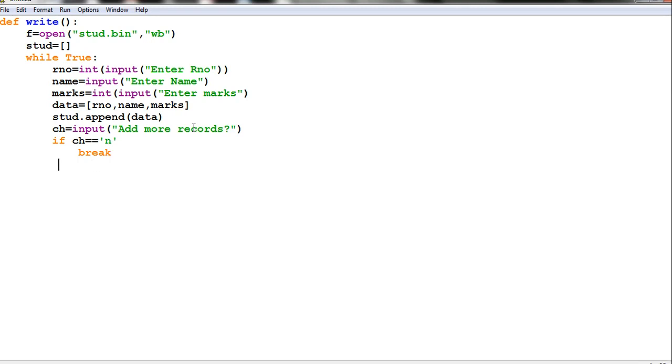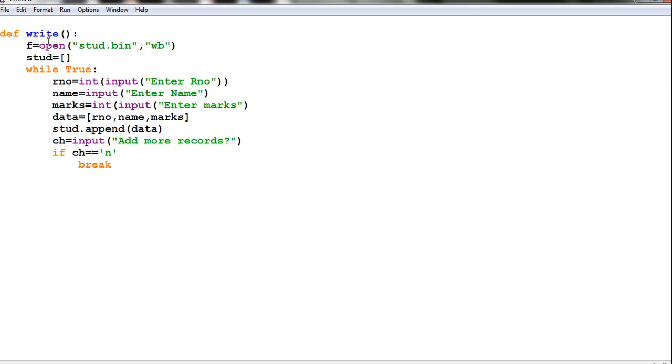Then when you come out, under the while loop, what should you write? Now you have to dump, no? For dumping we need pickle. Yes, import pickle module. Now using pickle, what should you write here? What was the syntax? Remember how to dump it.